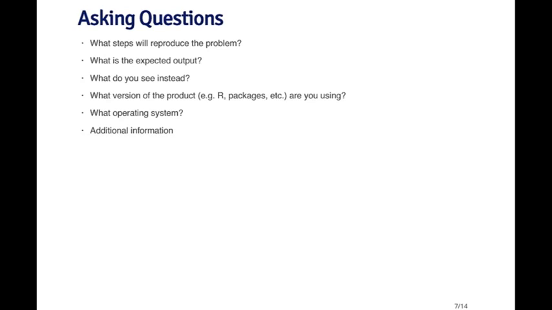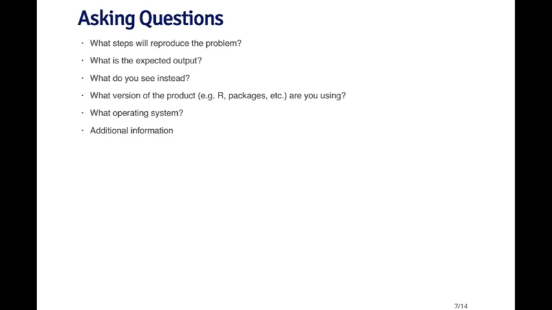And if you don't do this, typically the first response that you'll get will be, "Can you please provide a reproducible example?" Second, it's important to understand what you expect the output to be, because if your expectation is wrong, then of course it may or may not be an error depending on what your expectation should be. So what you expect the output to be will indicate the nature of the error and what needs to be solved. And then given your expectation, you need to say, well, what do you see instead? What was the thing that was unexpected that gave you the question?